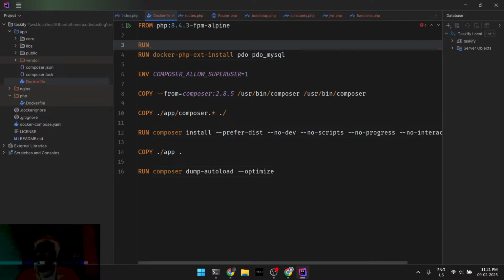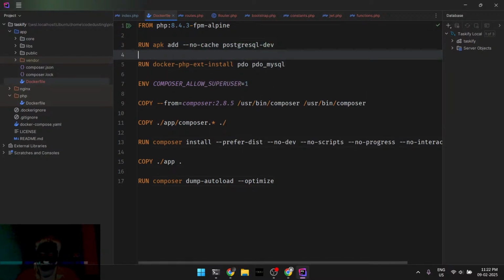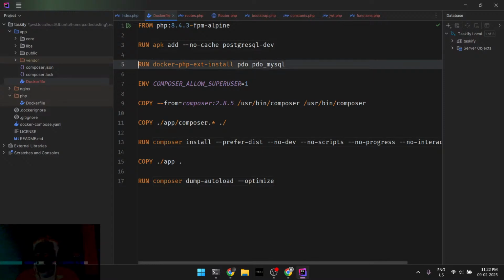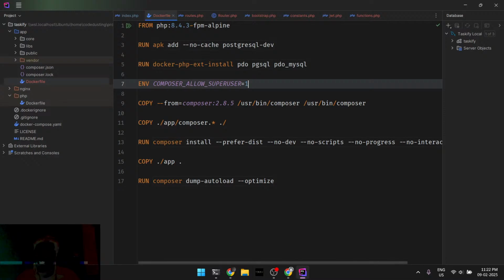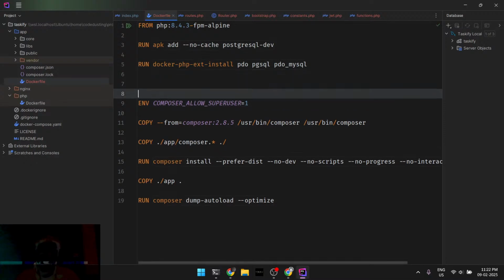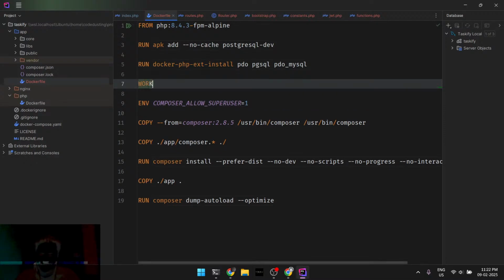So it will be run apk add no cache postgresql dev. That's one. Then I'll run this part, which will also include pgsql. Then this is fine. Before that, I will have work dir, which will be this